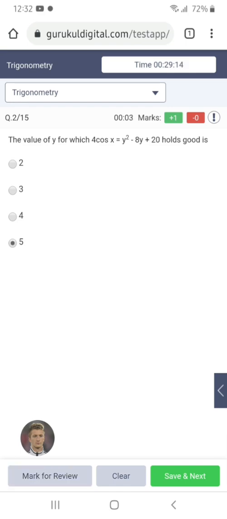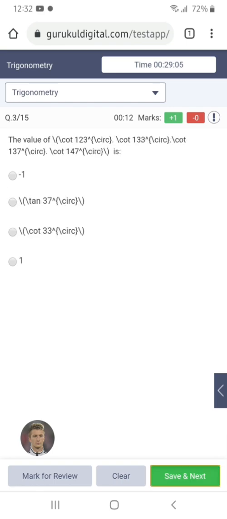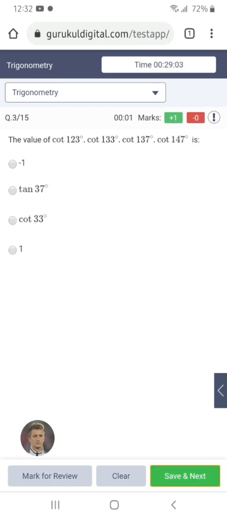Save and next means if you give the question answer 3, you will save the answer and go to the next. And if you have given answer 1 and now you have to clear it, you can clear it here and select the other option.